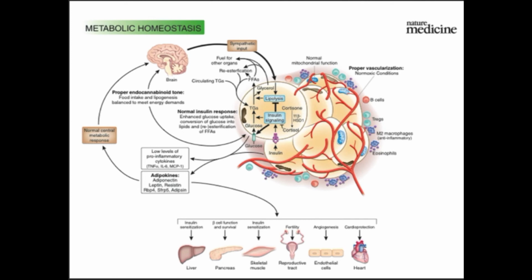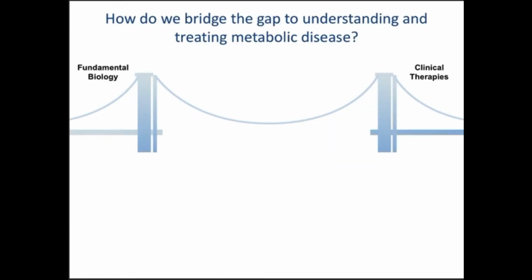Now I can tell you how we thought about approaching this. How did we want to tease it apart? I stole this shamelessly from David Altshuler, who has this bridge of how you fill in these clinical therapies. But I think it's right. I'm starting with fundamental biological processes, and I won't feel satisfied as a researcher unless I've made a difference for a patient. So I want to know, how could we get to something that might actually be a meaningful clinical therapy? And this is an enormous gap in biology, in fact.